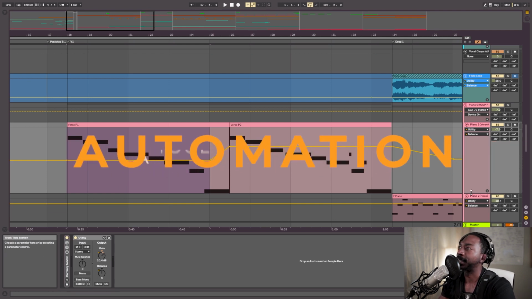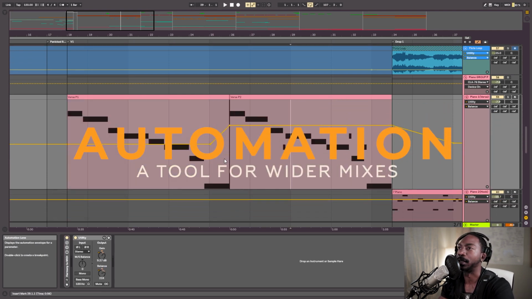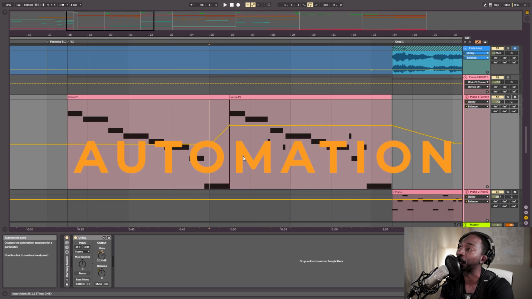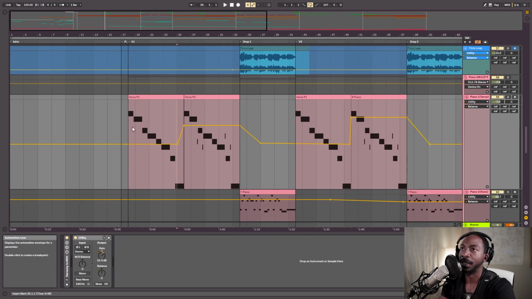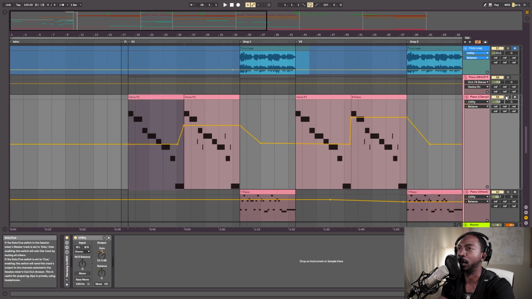Now, in terms of actually getting value or use out of automation, we ain't automating for the sake of automating, right? So what we have going on in this track is this piano part playing, and we want to move it out of the way to make space for what we want to be the focus, which is the saxophone part, courtesy of Mike Casey. He has some dope licks and lines that he made available through Splice. And so what we want to do is move this piano where by default at the start of this verse,